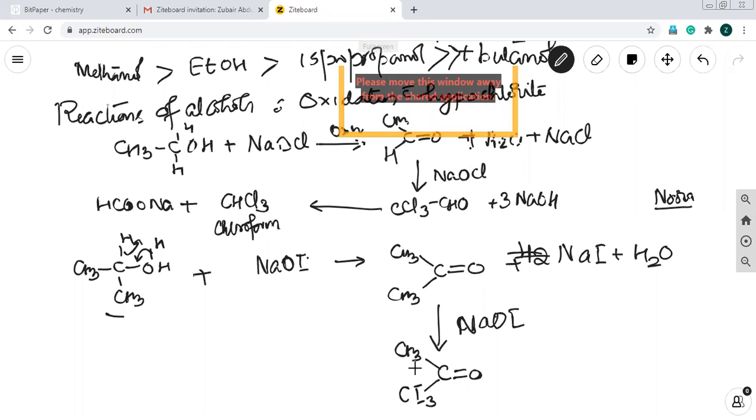Now, so what we have done is 3 molecules of